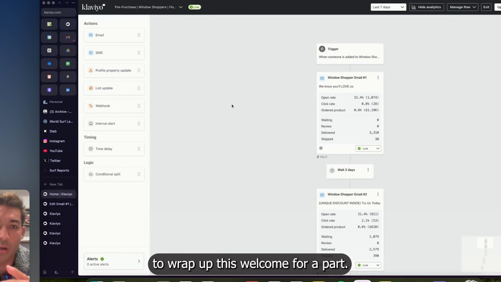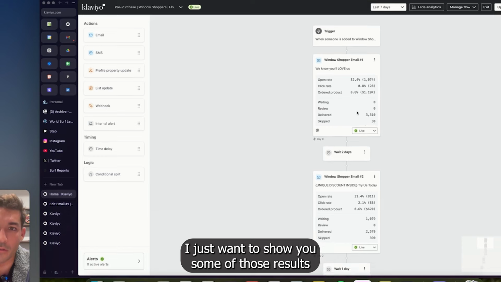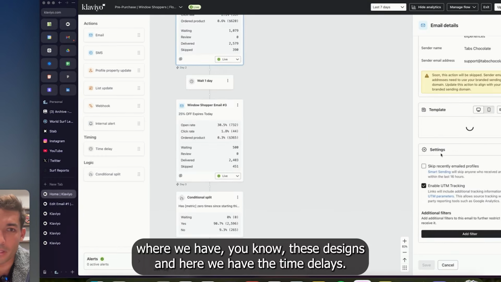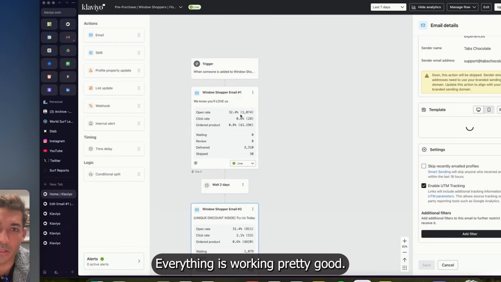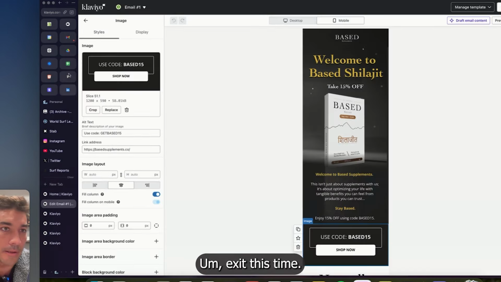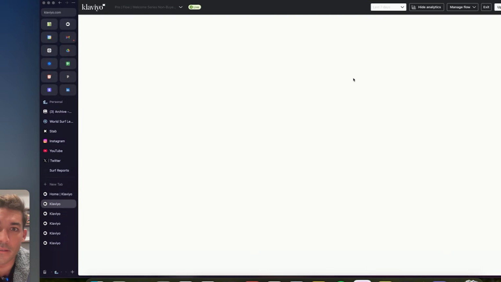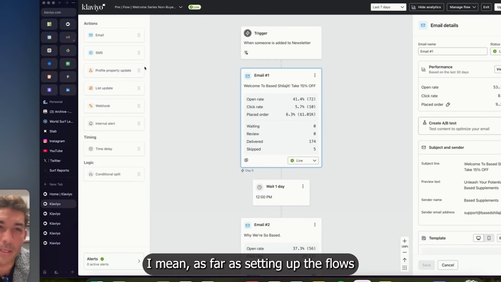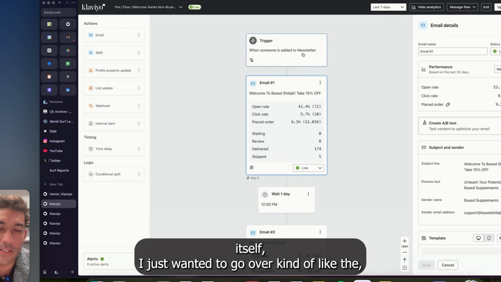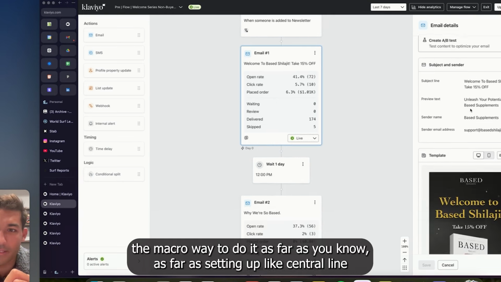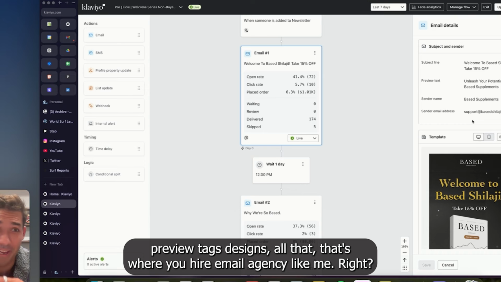All right, to wrap up this welcome flow part, I just wanted to show you some of those results where we have these designs in here. We have the time delays. Everything's working pretty good. Let's exit this. Done. As far as setting up the flows itself, I just wanted to go over kind of like the macro way to do it. As far as setting up subject line, preview text, designs, all that,